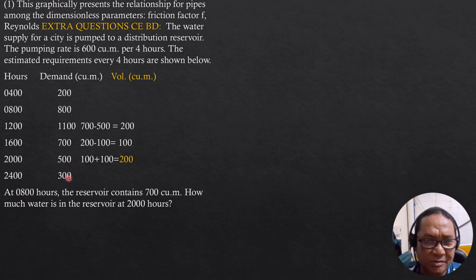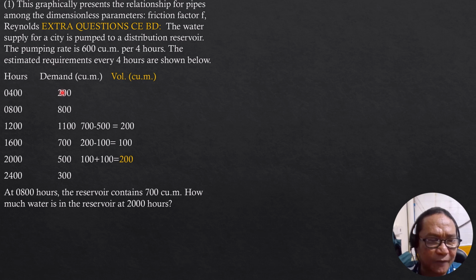So only a few people will require water from 12 midnight to 4 a.m. The majority of the people are still sleeping at that